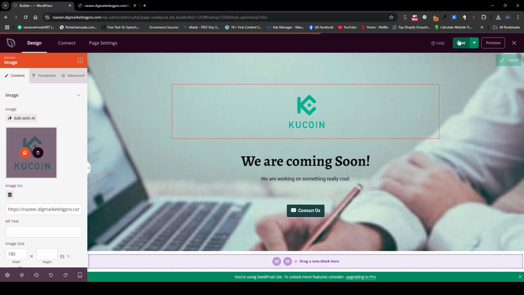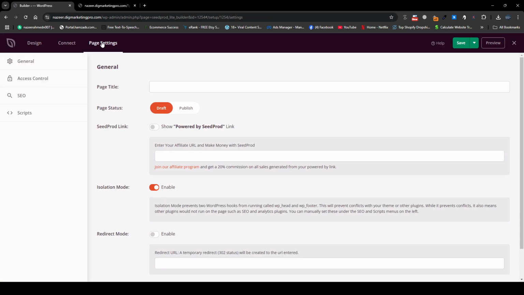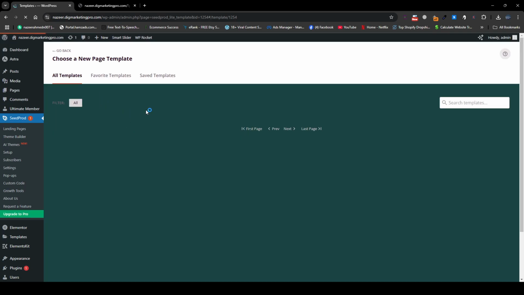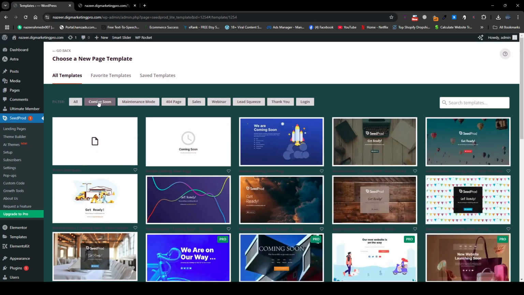If you want to change the template, just go to page settings, and from here choose the template. Choose any template that you want to change to. Just click on coming soon so you can change your template from here as well.